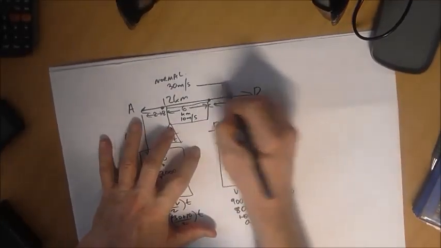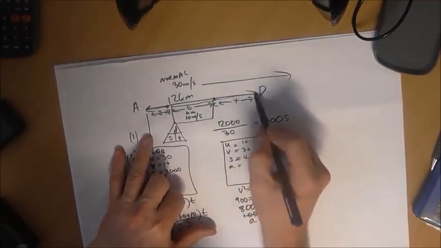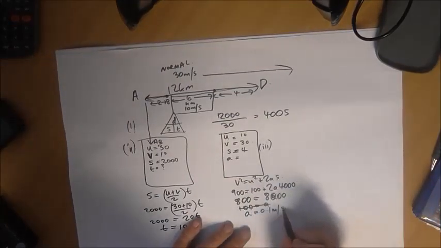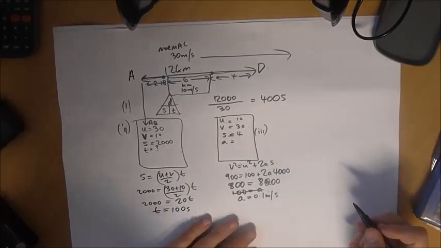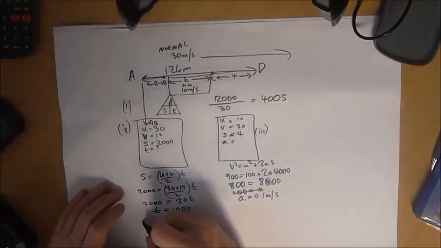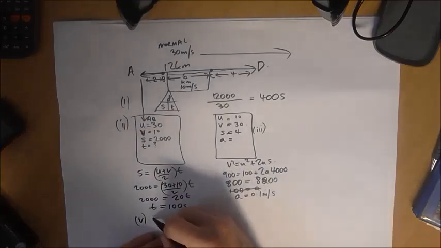We're setting this up as the positive direction, so that's why all my displacements are positive, moving from there to there and there to there. And if we're getting faster in the positive direction, then that's definitely a positive 0.1 rather than a negative 0.1. So that's Roman numeral part 3. Roman numeral part 4. The extra time. So normal time